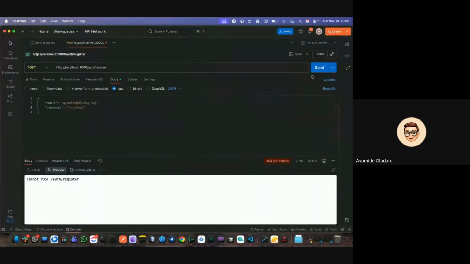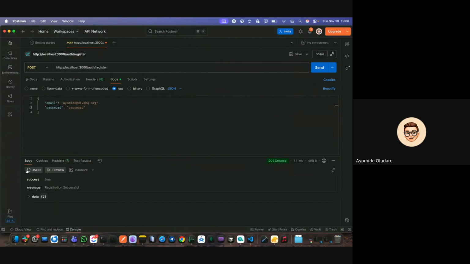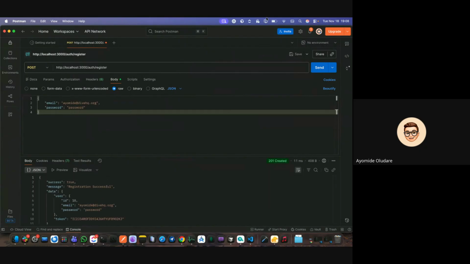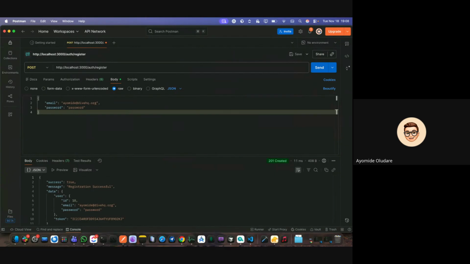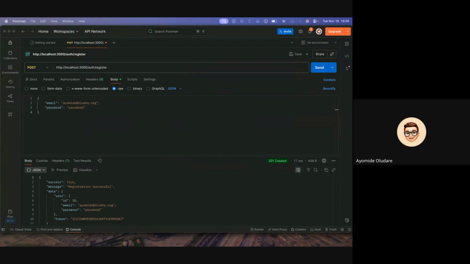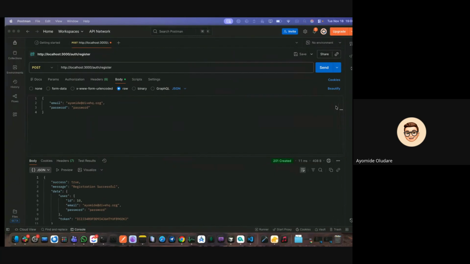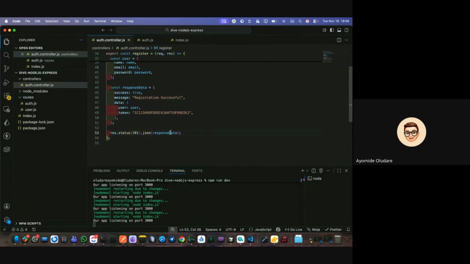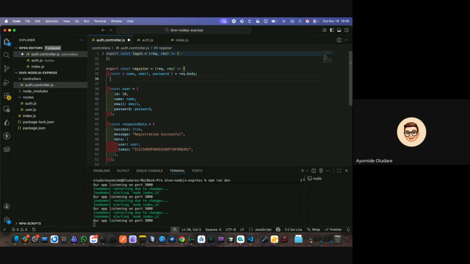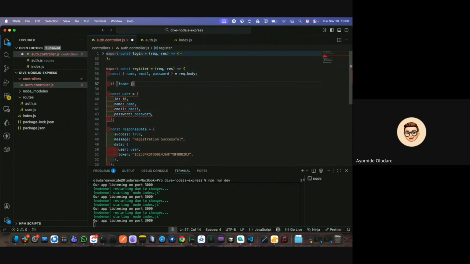So let's try this request again. So we have everything working, though we didn't provide enough data for it, but it still worked. So that brings us to form validation to confirm that they are giving you enough data for what you need. Form validation in Express, how do we do that? We can first of all use the basic method by saying if not name or not email or not password,